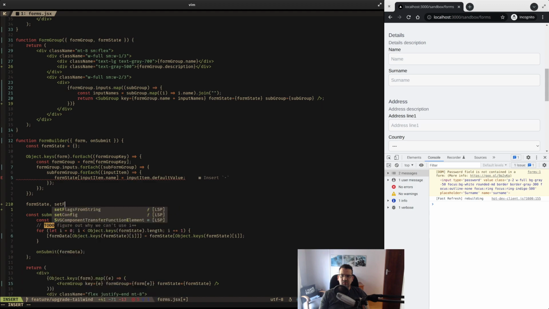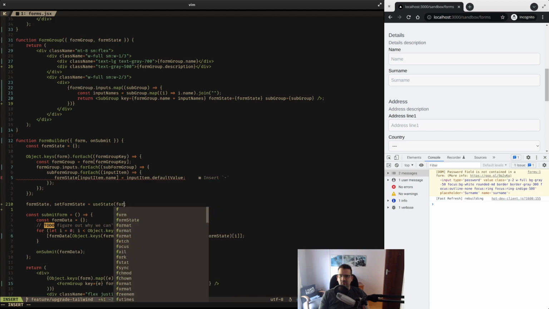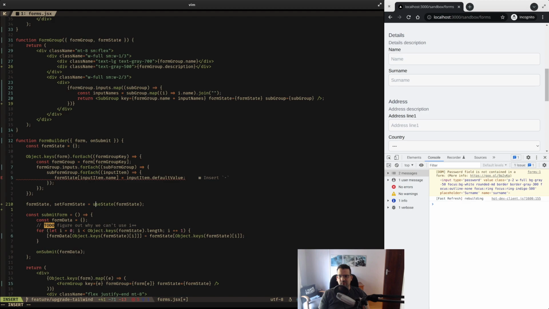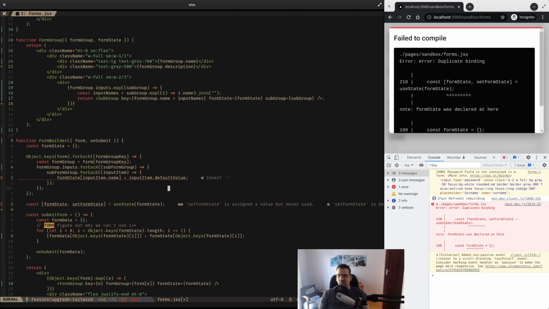State, and then set form state, and then say use state, and then say form state, something like this. Make this a const. This is probably going to be something like that. So init form state,